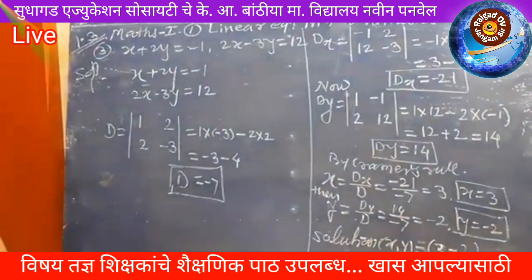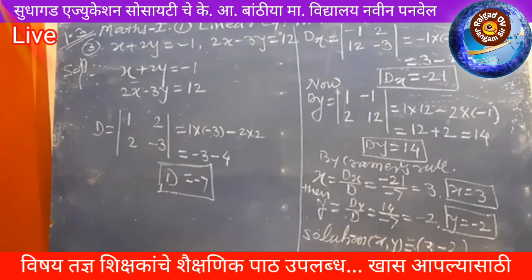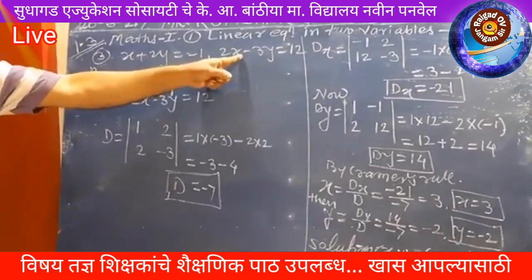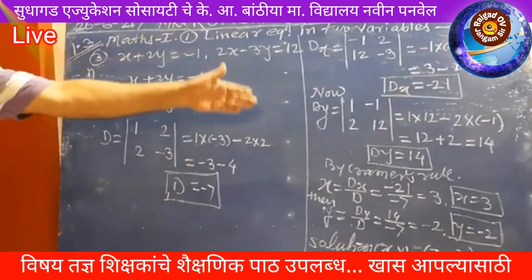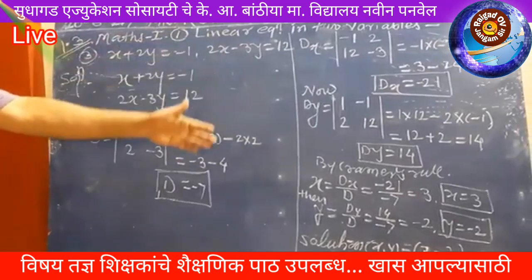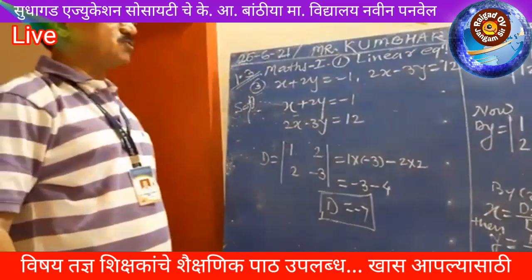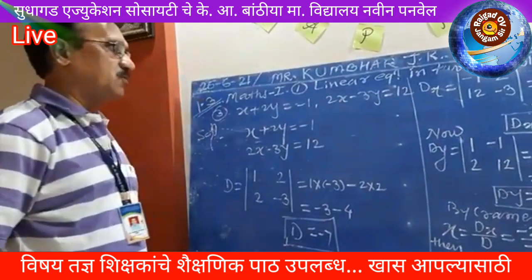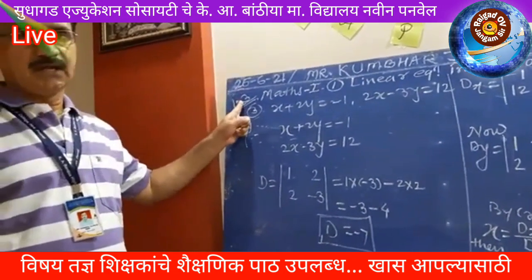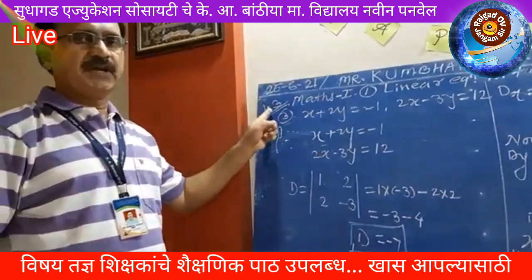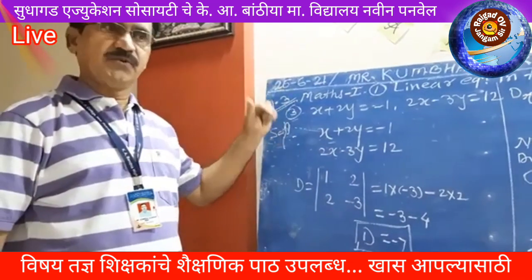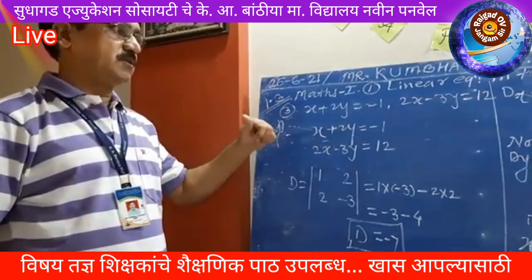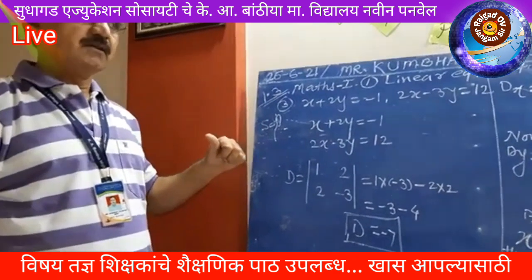This is the required solution. Remember once again, if the equations are not in standard form, first convert them to standard form and then solve this way. All examples are easy based on Cramer's rule or the determinant method. Remaining examples from practice set 1.3, try to solve at home. If any problem, ask your friend first. If he is unable to solve the given example, then you can ask me. Okay? Thank you.